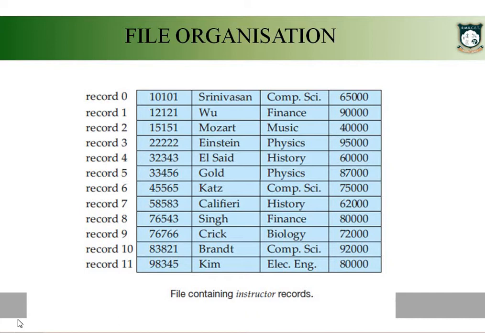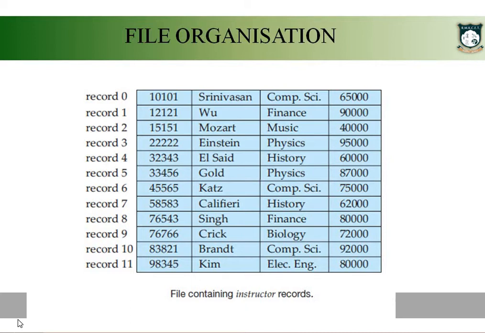Actually, the records are organized in files. Logically, it seems that the records are available in a table, but actually the records are organized in files. Now there are two ways of organizing the records in files. One is considering all the records of a particular table as consuming equal memory space. It is what is referred to as fixed size record. So, considering all the records as fixed size records.